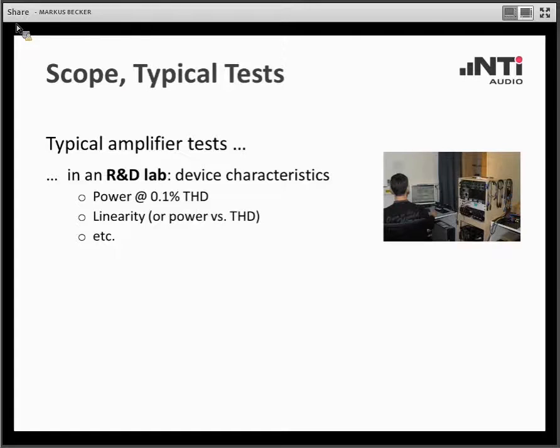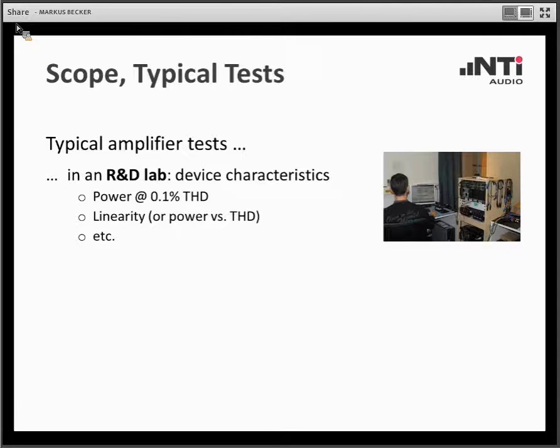When we talk about amplifier testing, we have to differentiate between two basic use cases. The first one would be typical in an R&D lab. There you are looking for in-depth analysis. You want comprehensive, detailed, specific measurements to qualify the characteristics and the performance of your amplifier thoroughly. So for that purpose, you need a number of different tests at your hand on the same level and just pick the one that you prefer.